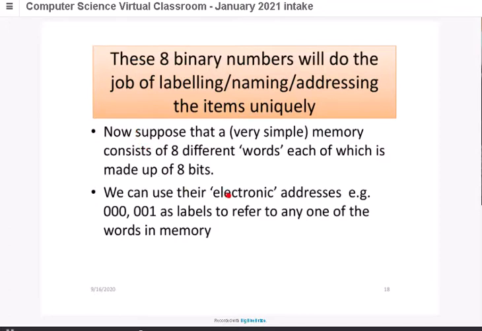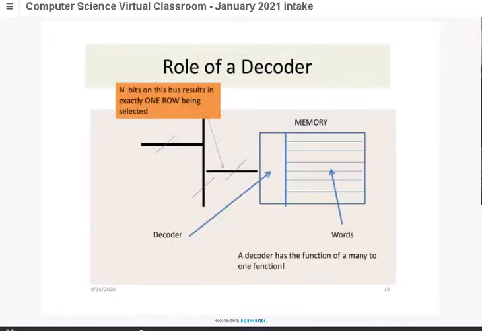So we can use the electronic addressers, for example, 000, 001, as labels to refer to any one of the words in memory in a unique way. Okay. So the role of a decoder, from an abstract point of view, is that it takes an address, and the decoder is actually going to output a signal which activates or enables a word of memory, and it can do that for each word